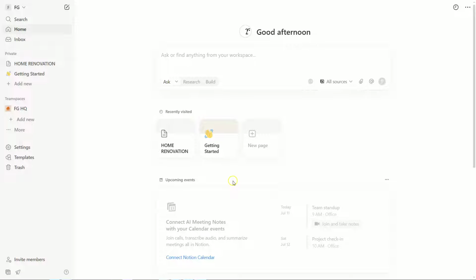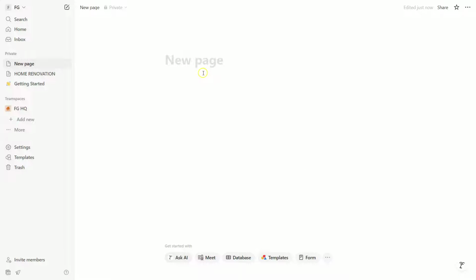Today, we're diving straight into how you can supercharge your personal productivity using Notion. First up, we're going to create a new page. This will act as your central hub for all things productivity. Look for the plus new page button on the left-hand panel, click it, name your new page, and voila, your productivity hub is ready. This is important because it keeps all your productivity tools in one place, making them easier